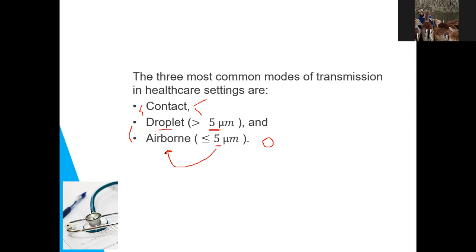Because its size is small, it can remain suspended in the air for a long time and travel long distances. Droplets, because of their large size and weight, are not sustained in the air for a long time, and the distance they travel is not so far. So size makes the difference in distance and in how long they remain suspended in the air. Both occur through the respiratory tract, or rarely through the sexual tract or urinary tract in the case of droplets.